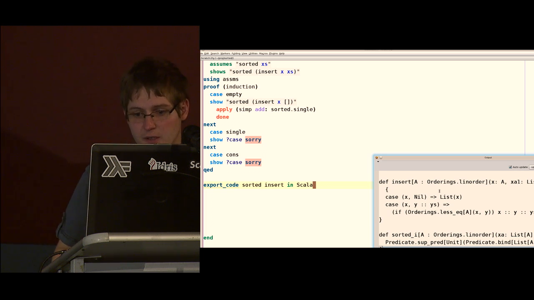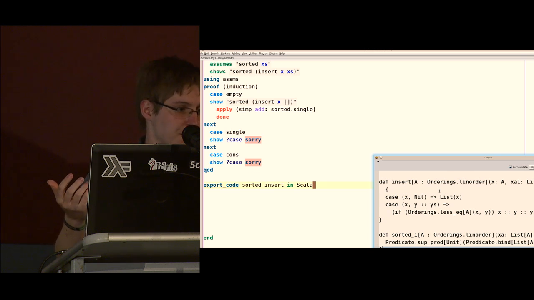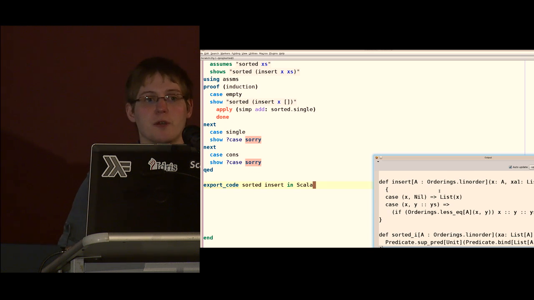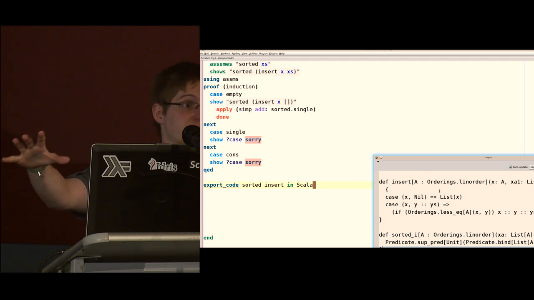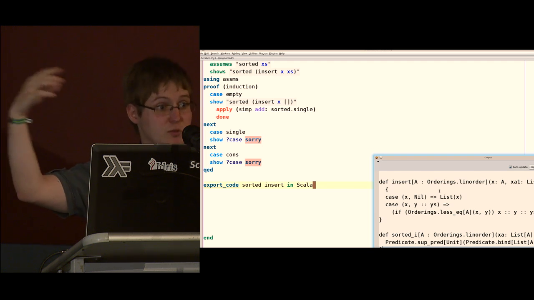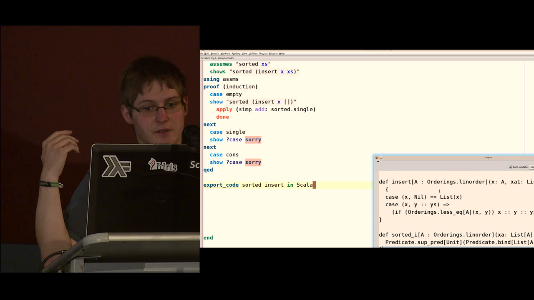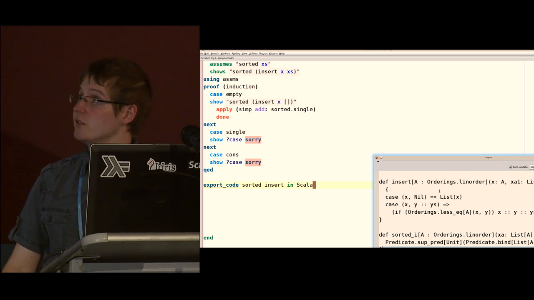A colleague of mine has implemented IP tables, or a subset of IP tables, the Linux firewall, in Isabelle, and then he has written some procedures in Isabelle to simplify firewalls, and has proven that the firewall behavior is still the same. Then there's a tool exported from Isabelle where a system administrator can dump the IP tables firewall in there, it will do some magic, and there's going to be a new firewall which is easier and has the same filtering behavior. So I think that's actually quite nice.